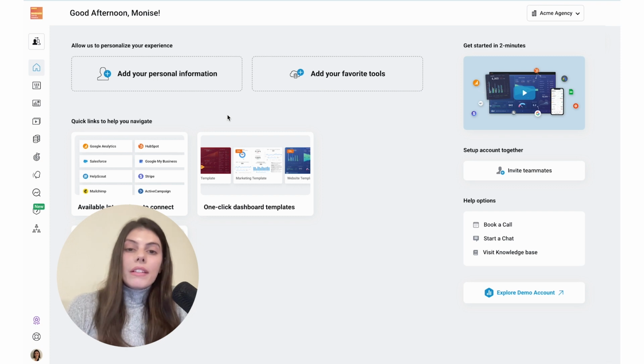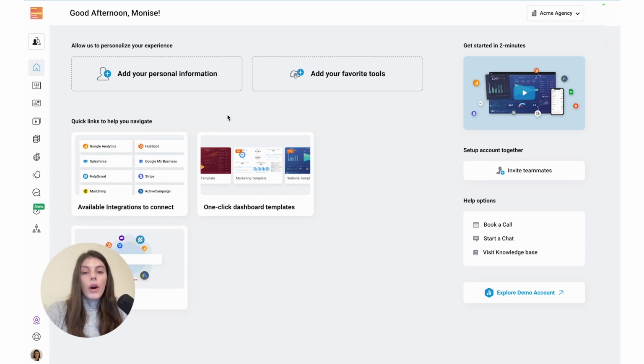This is great because instead of starting from scratch every time you need to create a report for a client, you can leverage the templates you already created for your services that include all the necessary KPIs, formatting, and branding elements. And then once you use the template, you can obviously continue to customize those dashboards according to your client's needs. So this could be, for example, adding or removing specific metrics and KPIs, changing the logos of your dashboards,